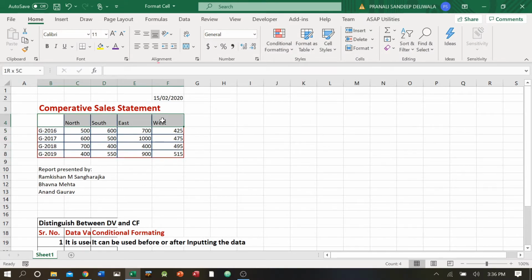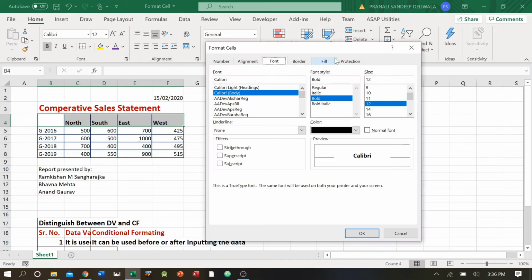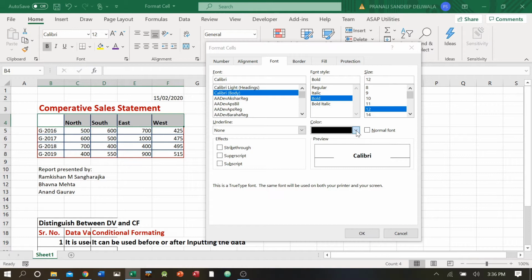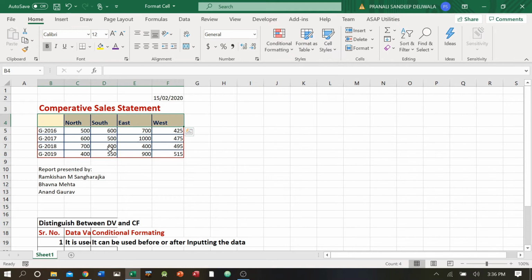I'll select this one. I'll increase this. I'll say bold. I'll go inside and this time I'm going to select fill and I'll set some light color. Okay, I may also like to change font color. I'll go here and select this font color and I'll say OK. Okay, so that is what is border fill. Here we have seen format font, different font tools in format font. Here we have done format border. Okay, we have filled the border, we have done the fill color also. We have again changed the text color.